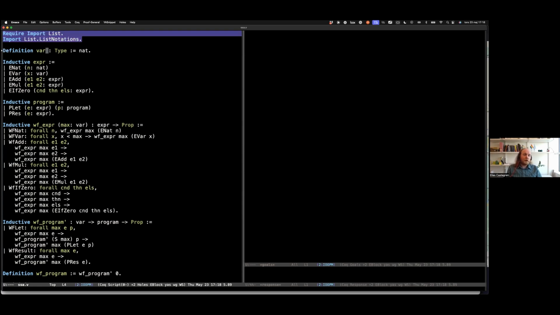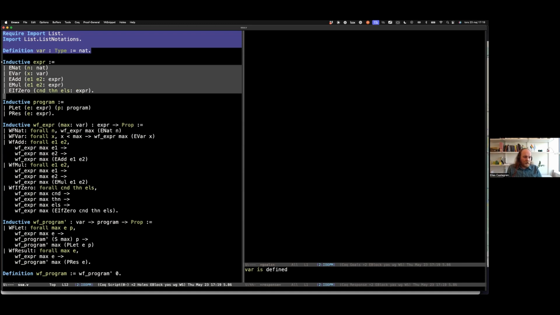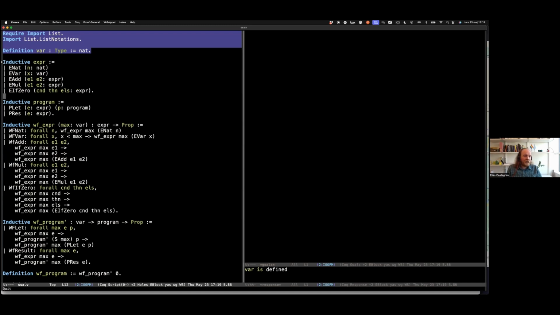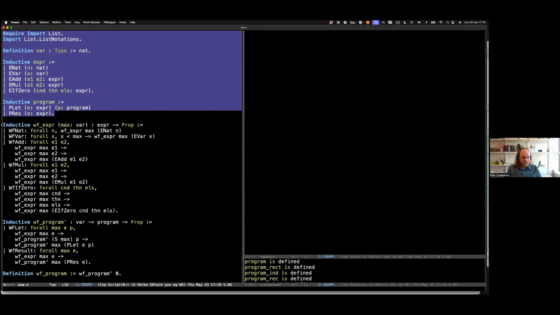I'm going to define variables to just be natural numbers, but I'm defining it as a name so that I can distinguish between the two. We have expressions, which are natural numbers or variables or addition, multiplication, or this if condition. We have programs, which are basically just glorified linked lists. We have this well-formed expression. An expression is well-formed given some max variable if